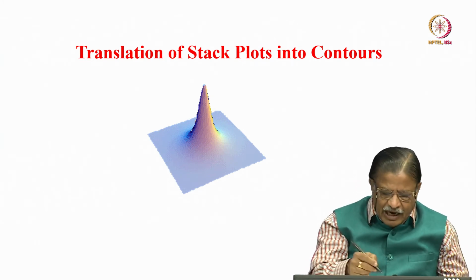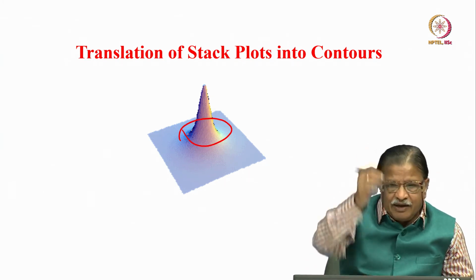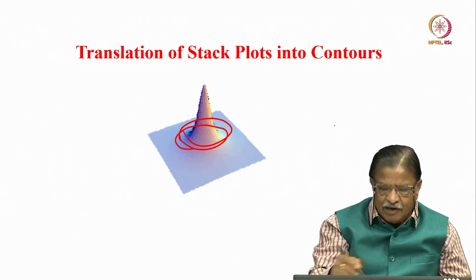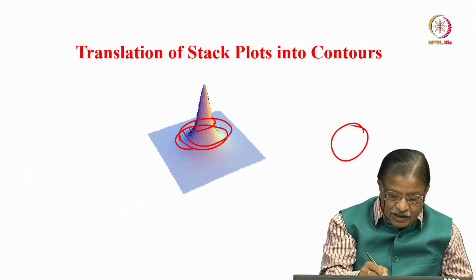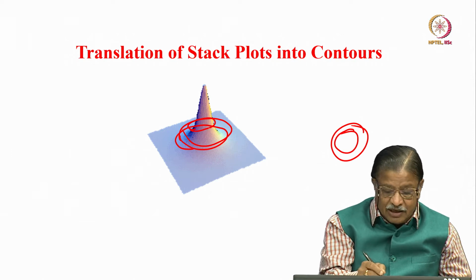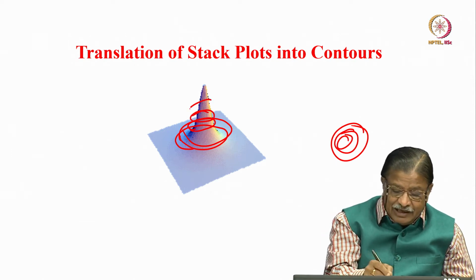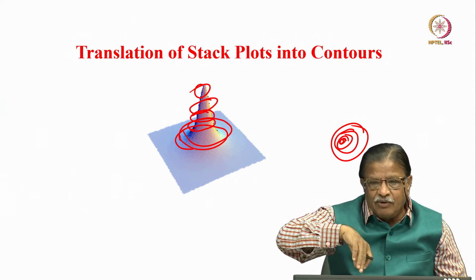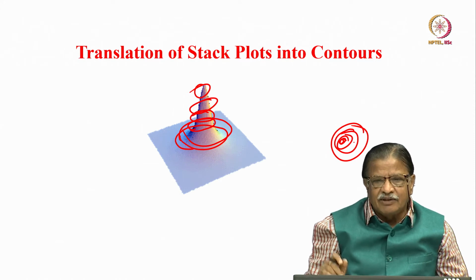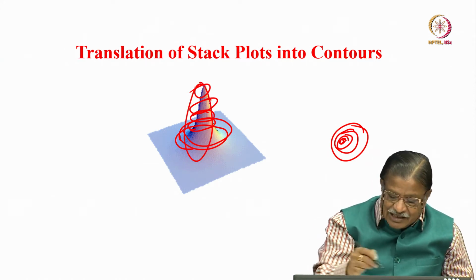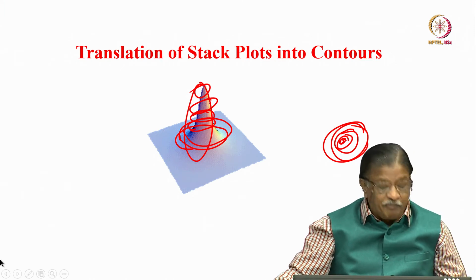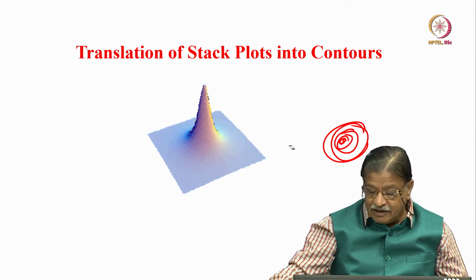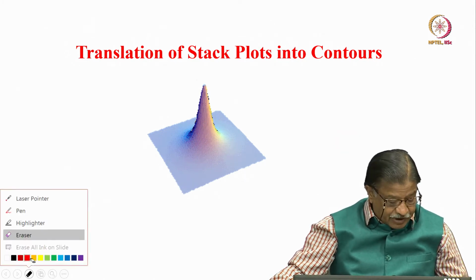It is simple. Let us say I am going up a mountain. I go to the bottom of the mountain, go one round, take the area and put a circle. And I go further up, go round, get the area, put one circle. Go further up, put area like this. Each time I keep on going at different heights, go round, take the area and then put a circle. So essentially this contour area gives you the area of the peak. That is the way a peak is represented as contours.